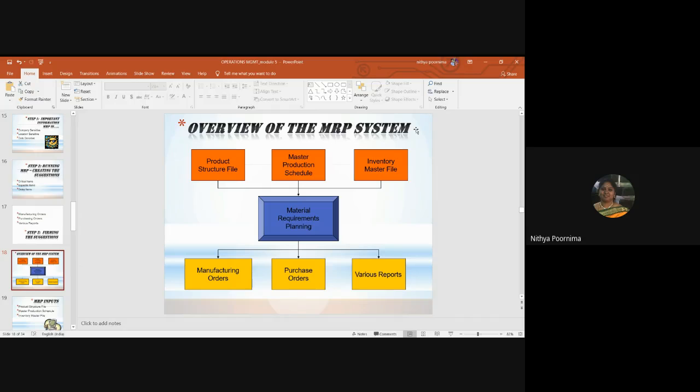Now we realize that the master production schedule basically drives our MRP system to schedule all the finished products. If we know what our finished products will be, then only can we plan our raw material requirement. If our raw material requirement is scheduled properly, then the periodic orders will go to the vendor so that we have the right amount of material in our inventory file at the right time and at the right place, right?